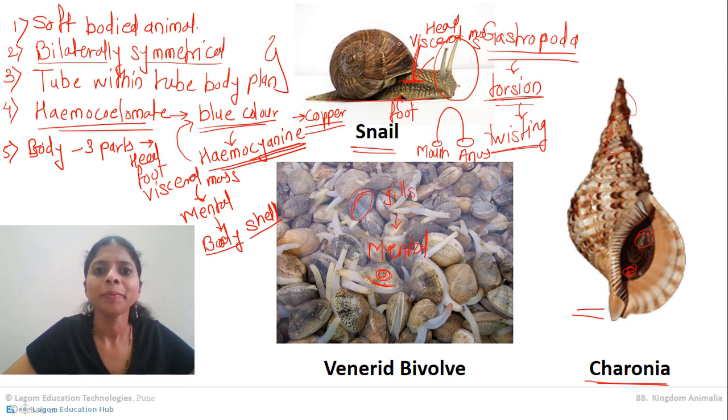Another sense organ they have is the statocyst, which is for balancing in the water, so they can swim and balance in the water. Reproduction is either external or internal. Development is sometimes indirect and sometimes direct. These reproductive changes depend on the environment and the particular animal. So we have gathered a lot of knowledge about Mollusca. Now let us enlist all the characteristics of Mollusca.